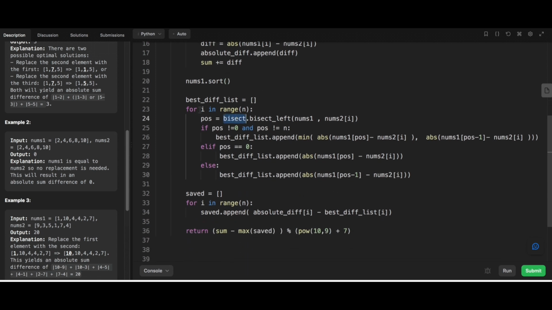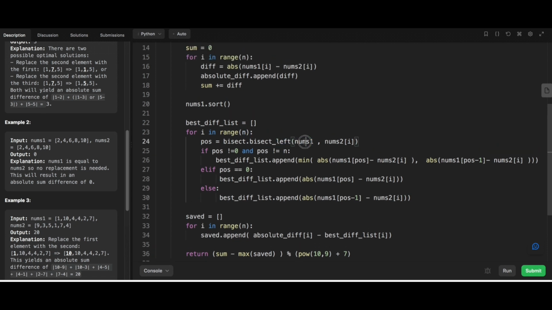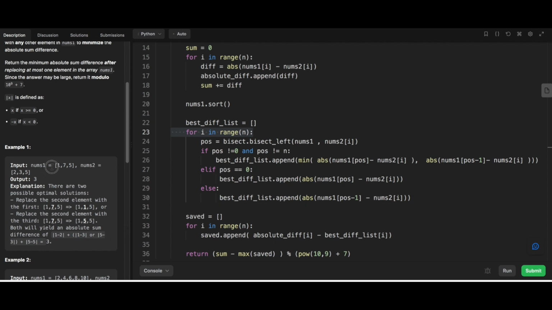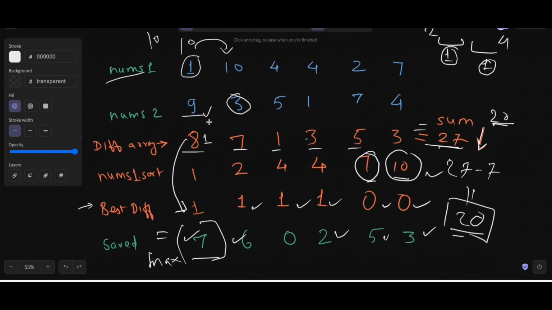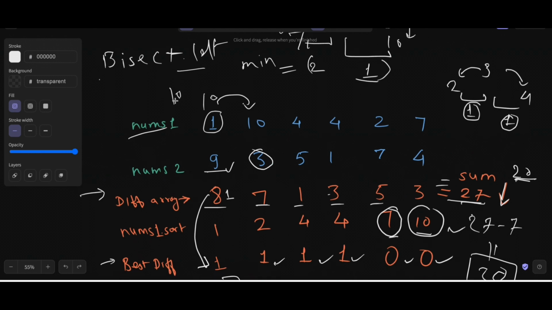So I started iterating, and then I'll use this bisect function on nums1 and nums2. Here n is basically the length, because both arrays have equal length, so I'll iterate on nums2, and then I try to find in the nums1 array what is the position. So basically when, let's say, I'm looking for 9, right,